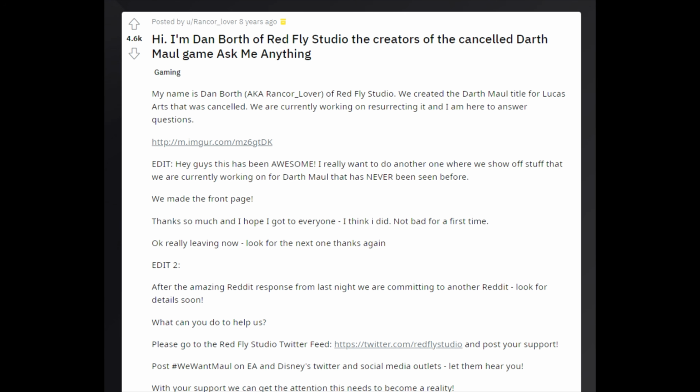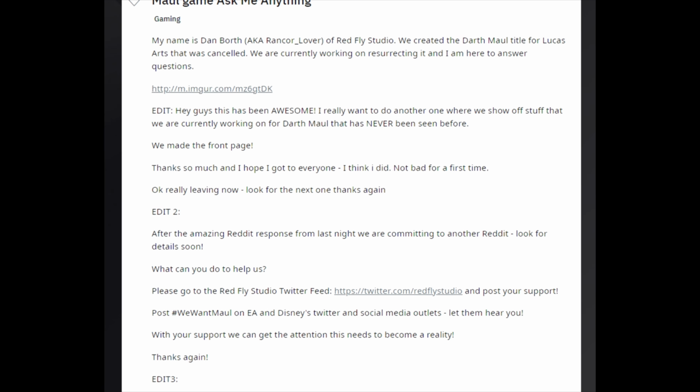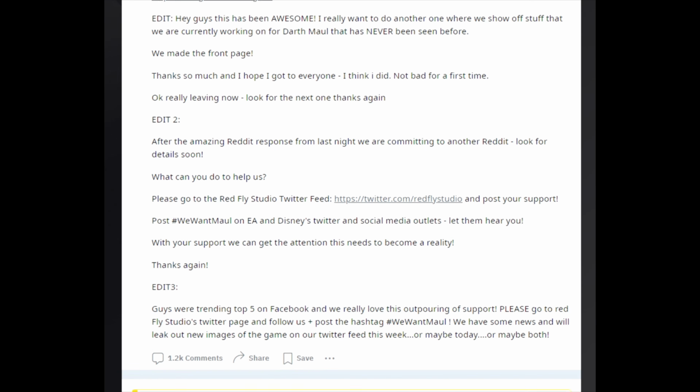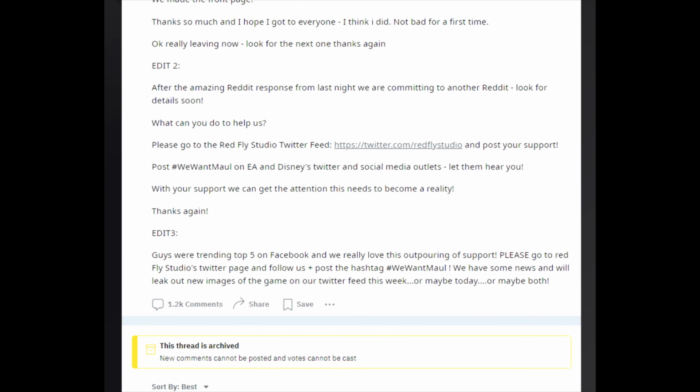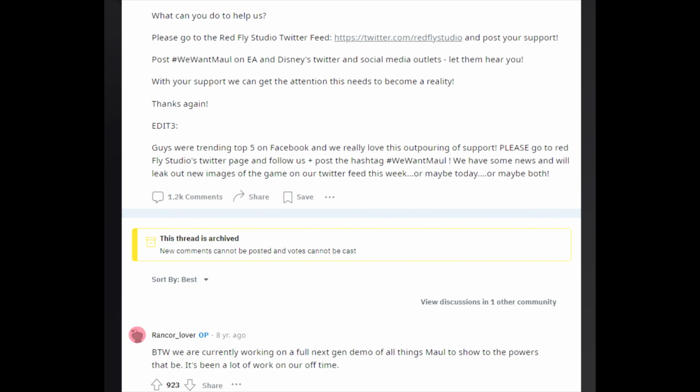So to what extent was George actually involved with the Battle of the Sith Lords? Dan Borth, CEO of Redfly Studios, the company that was going to be developing this Maul game, answered a lot of questions about this. And he actually said that they had some concepts on the go, and when they brought Lucas in for review of everything, which is standard procedure in Lucasfilm, Lucas had to approve everything. And when they brought Lucas in to approve it, he essentially reworked the whole thing and told his own story.